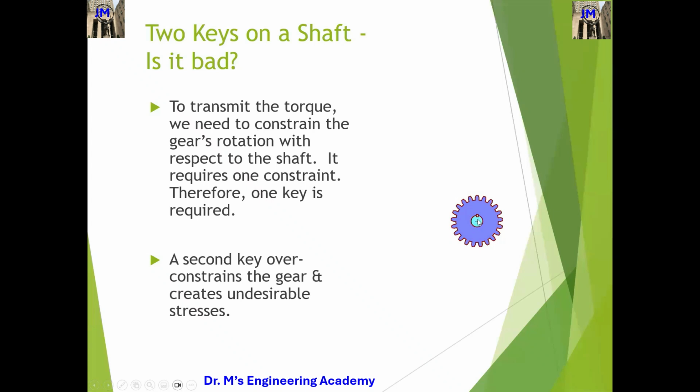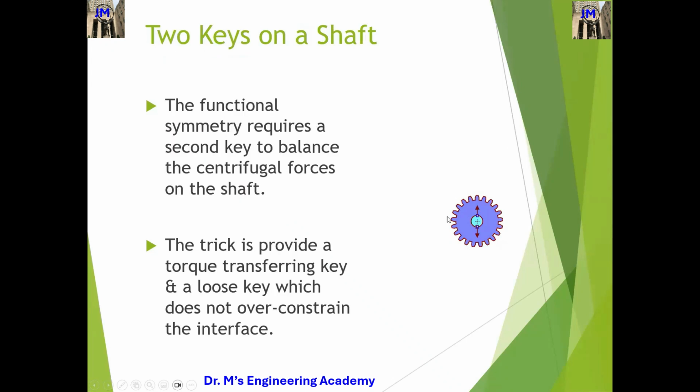You can see, this is my shaft and this is my gear. If the shaft is rotating, I want the gear to rotate also. So there must be a key. This key will transfer the torque from the shaft to the gear. The second key over-constrains the gear and creates undesirable stress. So theoretically, one key will be good enough. If you have two keys, guys,